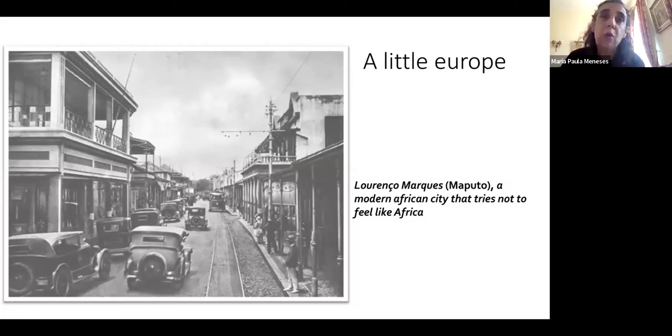And now I'm using Edward Said's reference, because it's really important to start understanding Lourenço Marques, which later on became Maputo, as a city, as in this image. It's an image from 1925 that presents Lourenço Marques as a modern African city that aims not to be felt like Africa. So the settlers' colony was a way of creating the conditions in Africa for the settlers to arrive, mimicking what was present in the